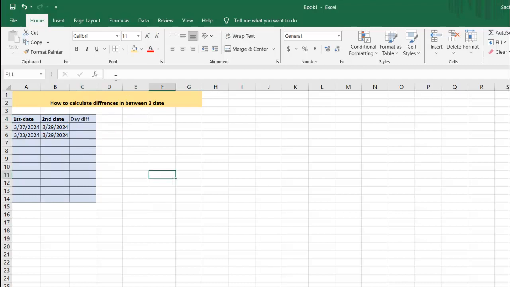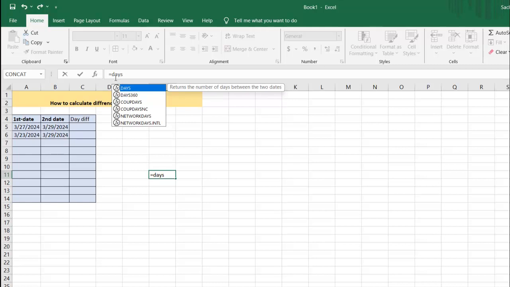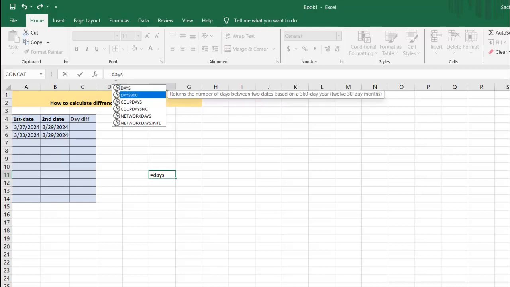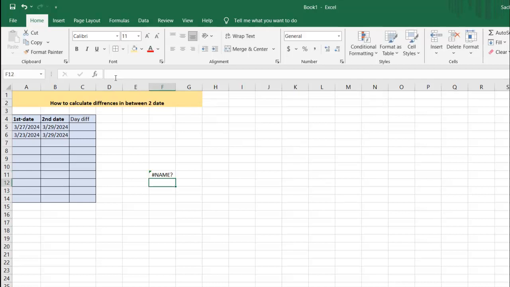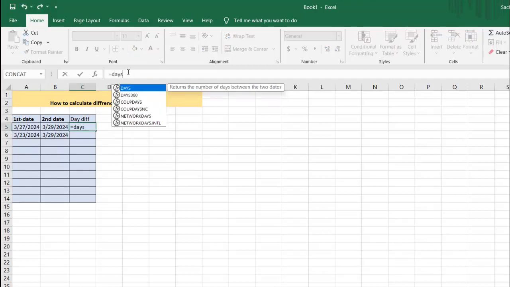day differences. We can find the date difference. For that the formula is DAYS360. If you are using DAYS360, that will give you more precise information about the days. So let's use this